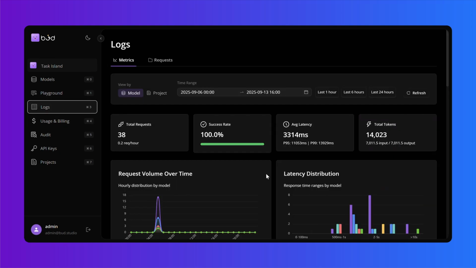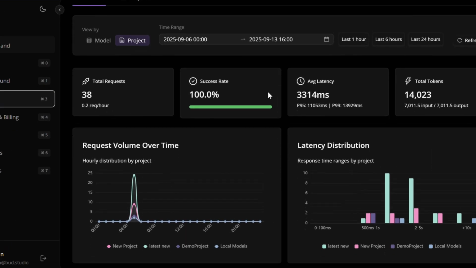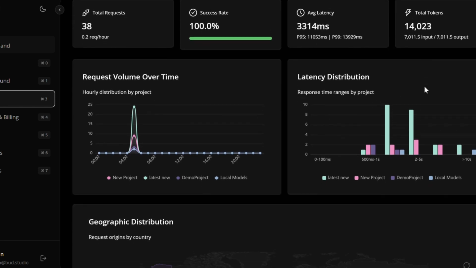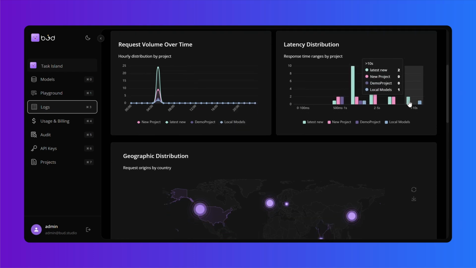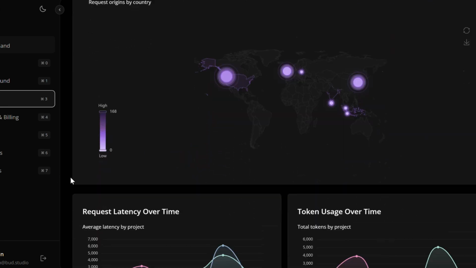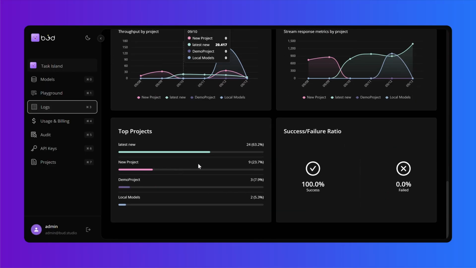Moving on, the Logs tab offers powerful analytics. Here, users can track their activity in detail, whether they want to filter results by specific models, projects, or timeframes. They'll see statistics such as total requests, inference success rates, average latency, and the number of tokens consumed. To make this data even clearer, the dashboard provides visualizations, request volume over time, latency distribution graphs, and even geographical breakdowns showing where requests are coming from. If a customer notices a sudden spike in latency, they can use these charts to quickly pinpoint when and where